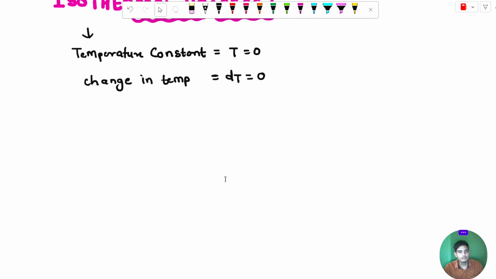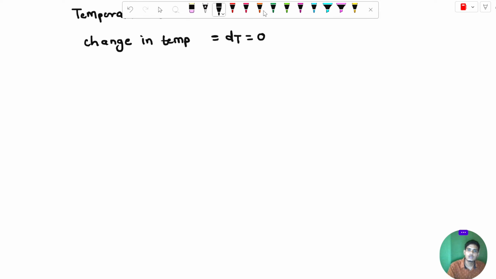Now we have to write down the subtopics in isothermal process for ideal gas. The formula for the ideal gas equation is